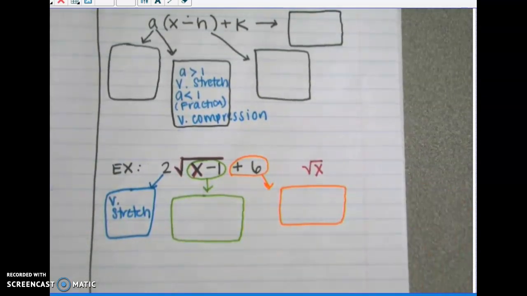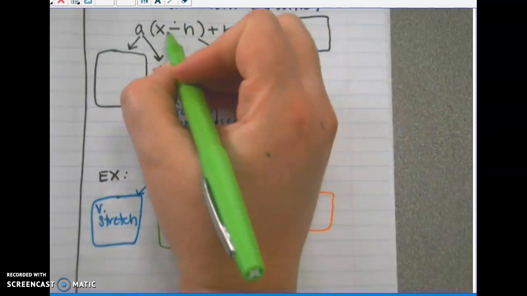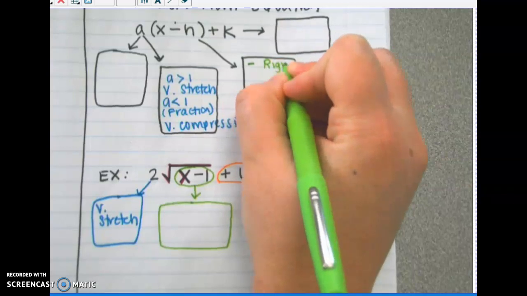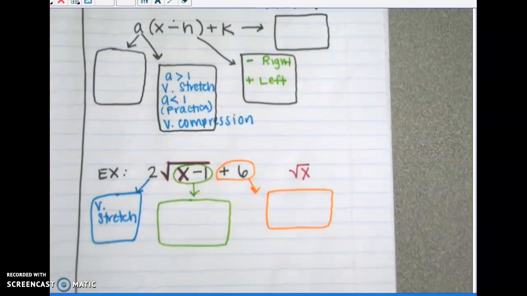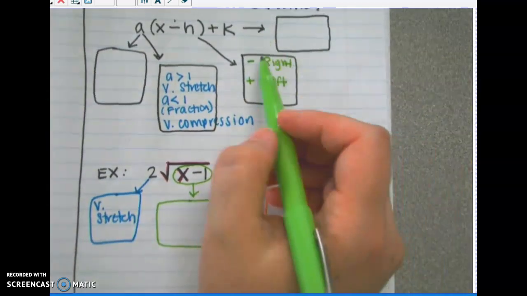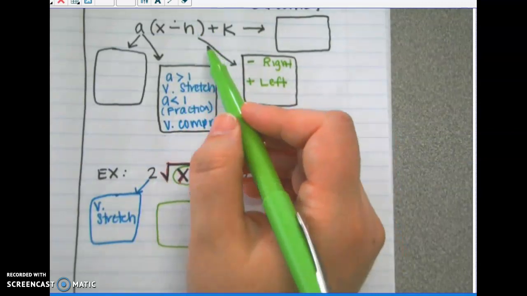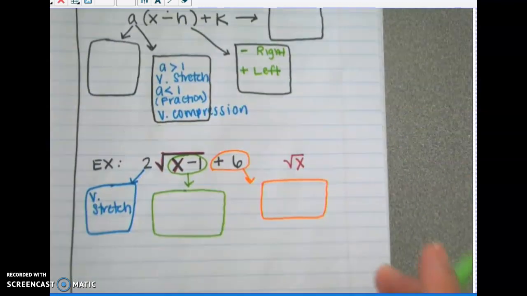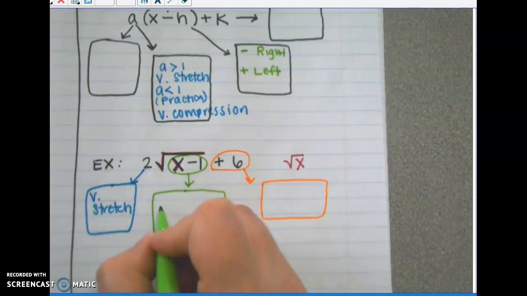All right, minus 1. So with the Desmos activity, it was a little bit hard to tell because you had so many negative signs floating around. But basically, if you see a minus in here, it's actually going to shift it to the right, and a plus will shift it to the left. It was hard to tell in the Desmos activity because when you had a positive, it showed you like plus negative, and when you had negative, it showed you negative negative, so it might have been a little bit hard to tell. So since this says x minus 1, minus will move this